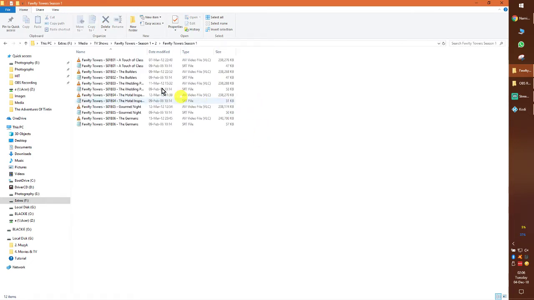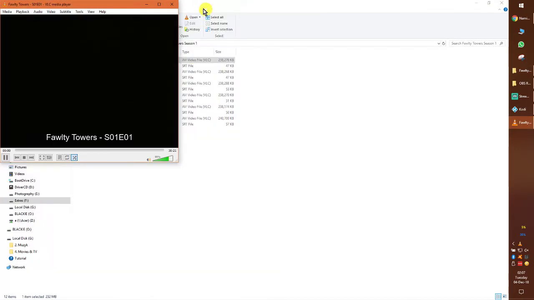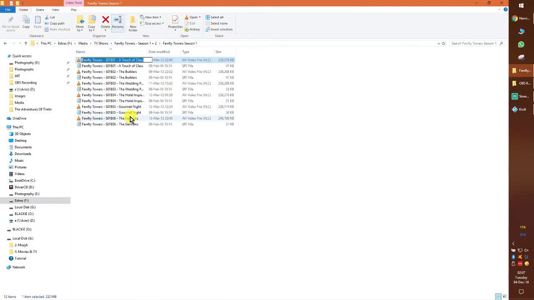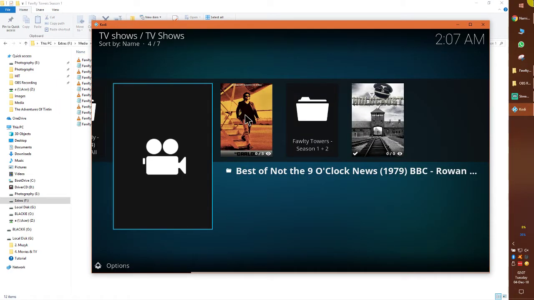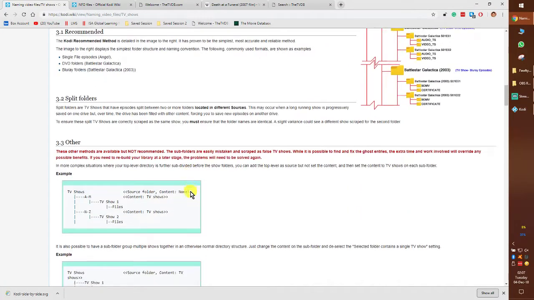I don't need to do that. I need to ensure that my file name is correct for the video file. So it should be the series name followed by season 1 episode 1, then episode name. This is the most crucial aspect of the scraping, that is ensuring that the season 1 and episode 1 is correctly mentioned. If you go a little bit in depth with how the naming convention goes,